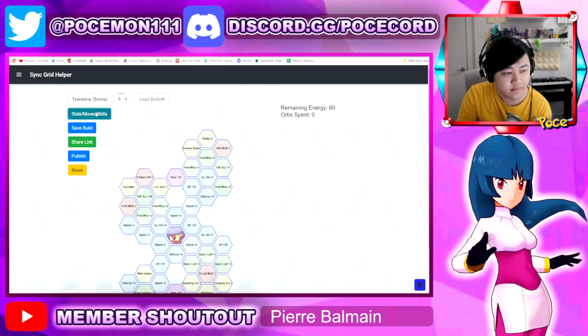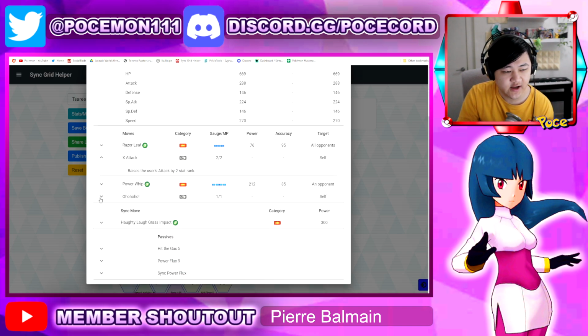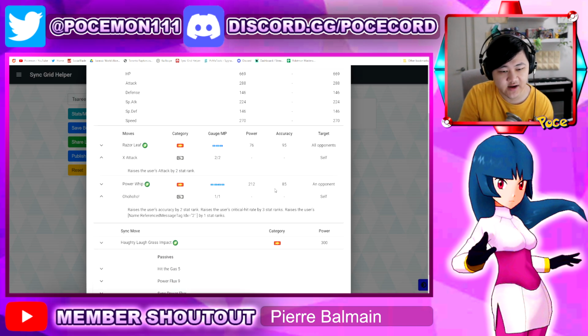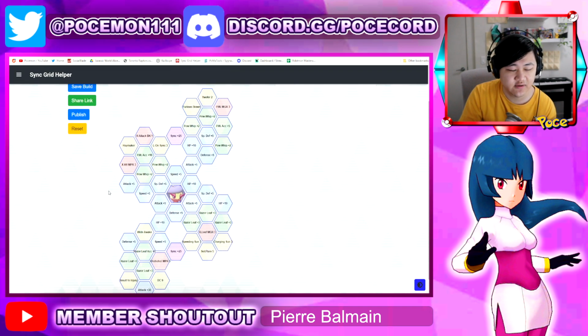Anyways, pretty straightforward damage dealer, right? You need +2 attack, you have your max crit, you have accuracy for your Power Whip. You do cost a bit more gauges, you are a bit slow, and you do more damage the more gauges you have, basically, for this unit. In terms of